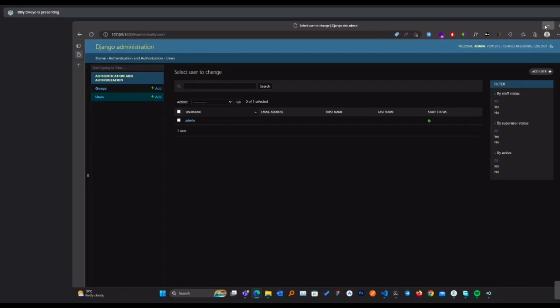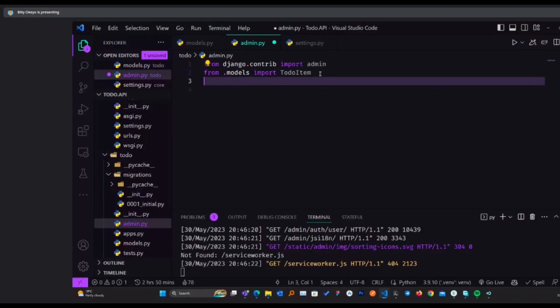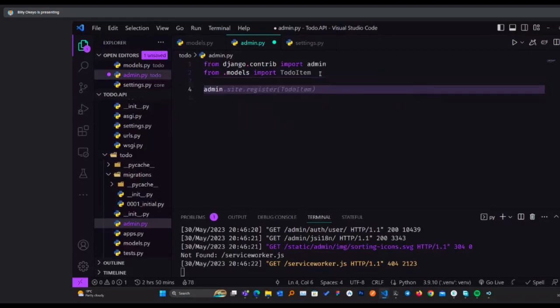From .models, I'll import TodoItem. This is the model that we created, the name is TodoItem. So I'll just import that. And after importing, I'll write admin.site.register(TodoItem). The same name that we used here, I'll register it. So I'm registering it to the admin panel.